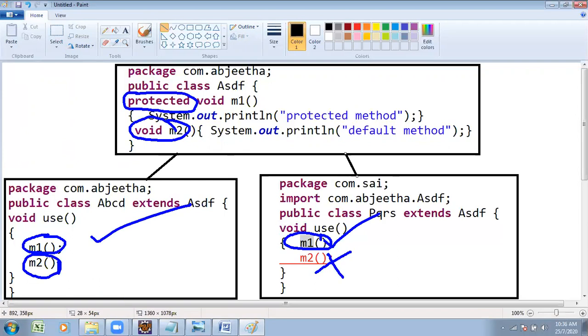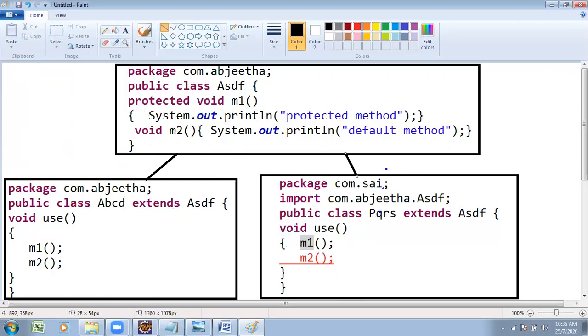From the subclass point of view, working with the class level, both are not going to be supported, but at subclass level you are going to work. Protected can be accessible in a different package subclass, but default cannot. That's the difference between protected and default.